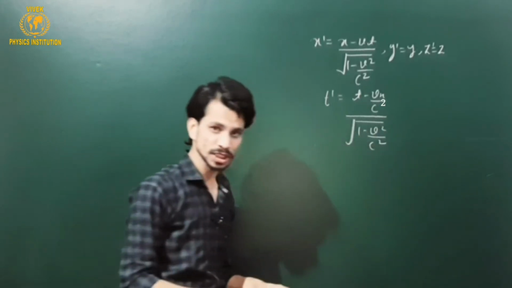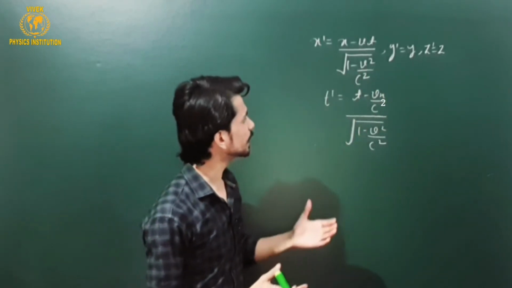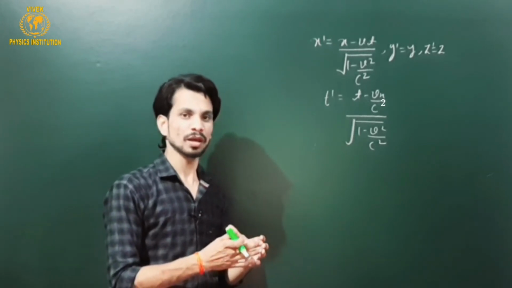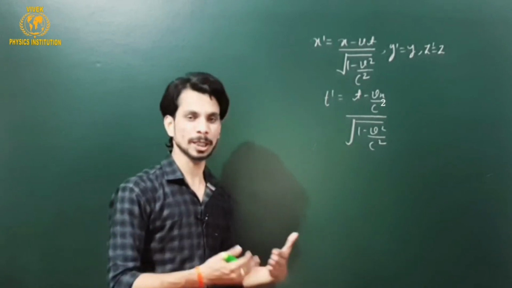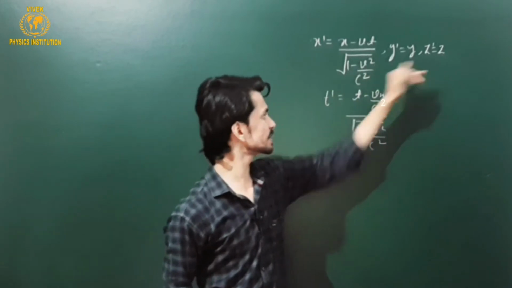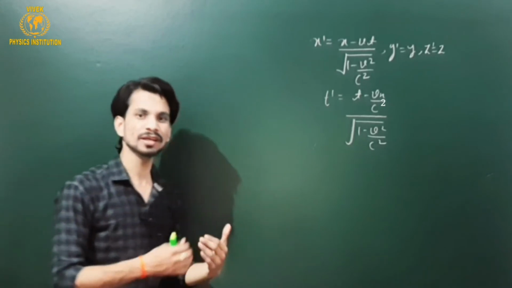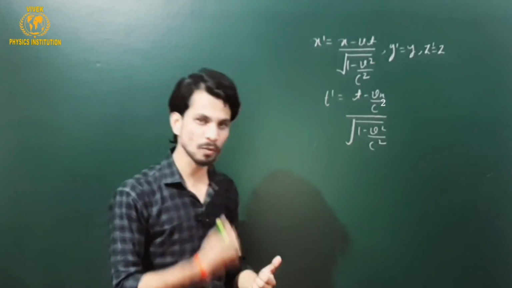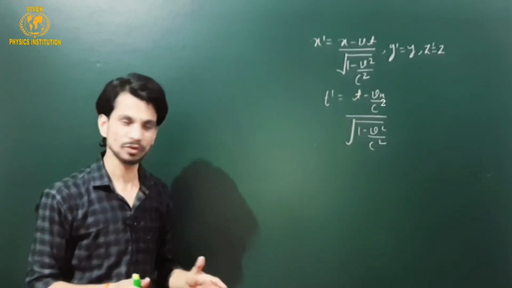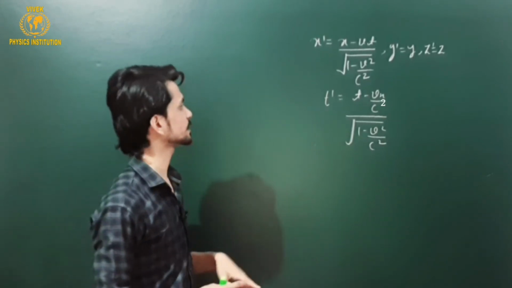Correct? So these are the general mathematical forms of the Lorentz transformation, in which we have derived the coordinates of a particular event or a point in another frame of reference when they are observed from a particular frame of reference. So x dash, y dash, z dash and t dash are the space-time coordinates of a particular event in a frame of reference which is moving with a certain velocity v with respect to an inertial frame of reference, right? So this is the Lorentz transformation equation for a particular coordinate system.